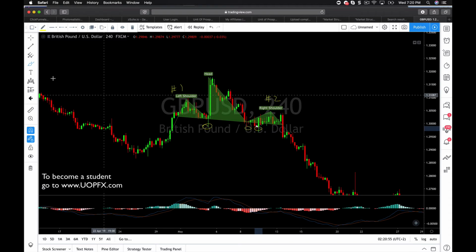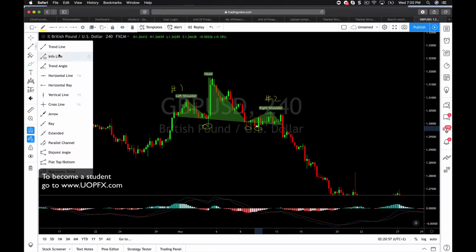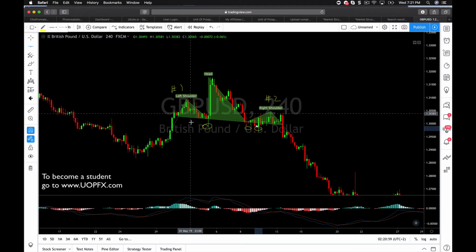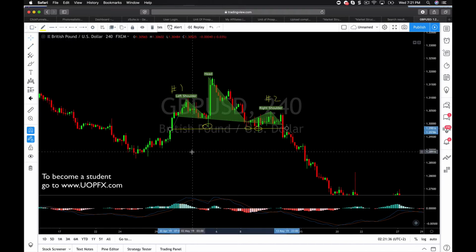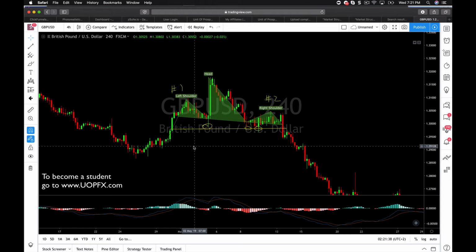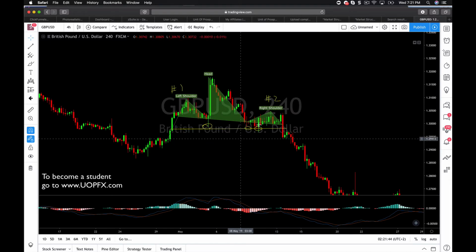Okay, so what I'm gonna do is I'm gonna take this horizontal line and I'm simply gonna consider this. Actually, I'm not gonna use that. Let's use this trend line. We can just call it the neckline, okay? Because that's where support was found, and you notice that price was bouncing up and off.